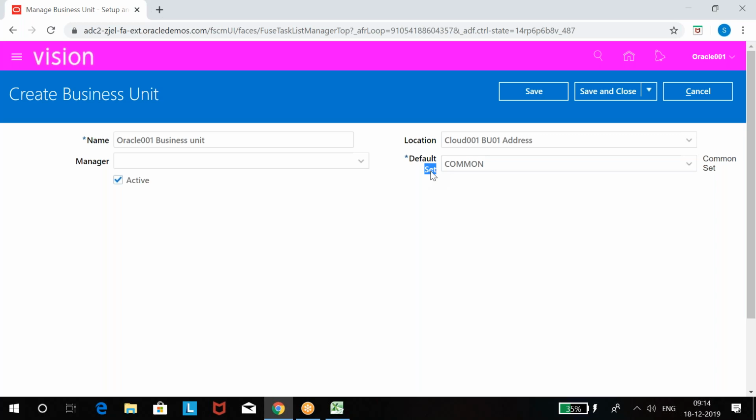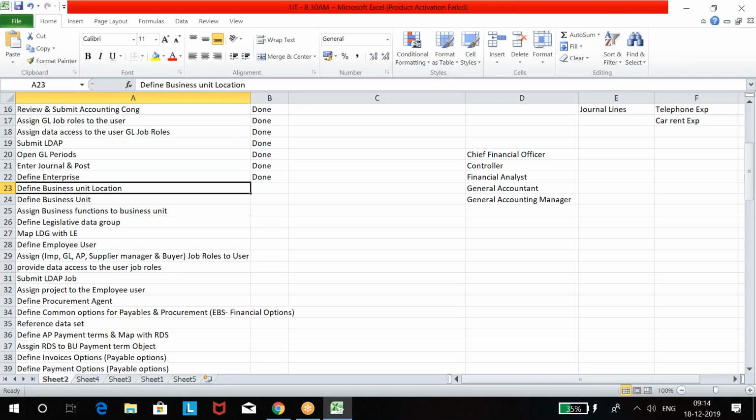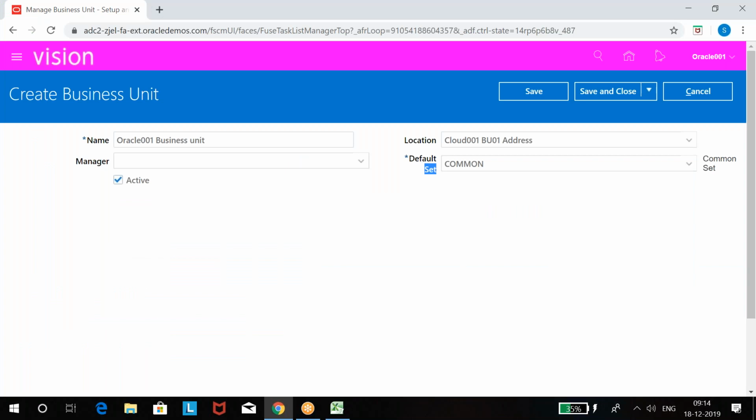We'll discuss once we come to the reference data set. Why I'm saying I'll discuss in future is because I'll show you where we use it, how we use it and why we use it when we come to that topic. If I discuss it now, I don't have the option to show you. Okay, that's why I'll discuss in the future. For now, selected common, save and close.